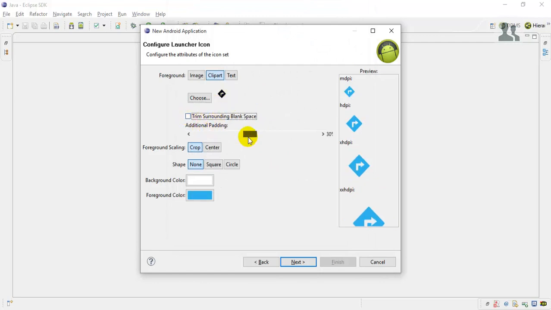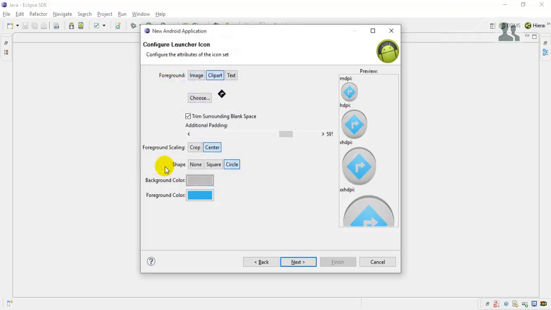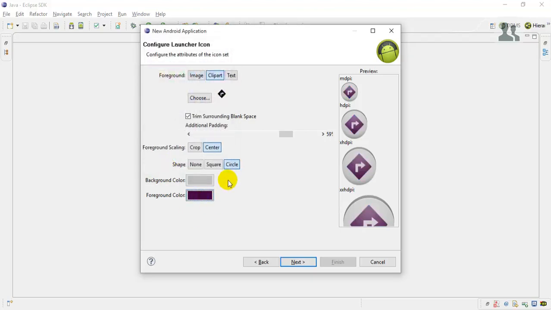You can also trim the surrounding of this icon, and you can also select the center or the circle for how it will look like. You can also change the colors of this icon, and select multiple colors for the foreground and the background, so how it will look like. So I will make it like this one.